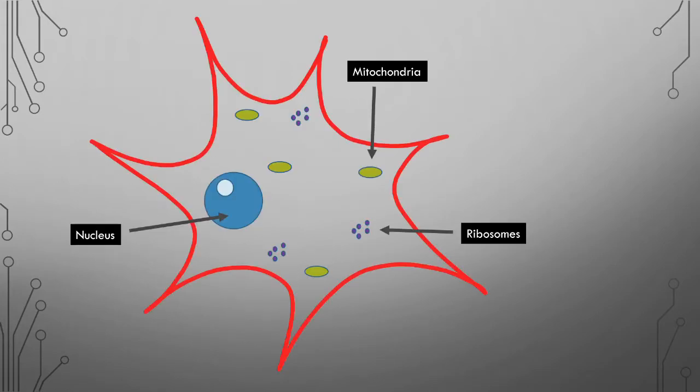Neurons, like other types of cells, have cell bodies. Here is a terrible diagram that I made of one. They contain organelles just like other cells. Some of the main ones I want to talk about are mitochondria, ribosomes, and the cell nucleus. Mitochondria are the powerhouses of the cell. They produce energy the cell needs. The cell nucleus contains genetic info or instructions for that neuron, and ribosomes help to translate those genetic instructions into useful proteins.